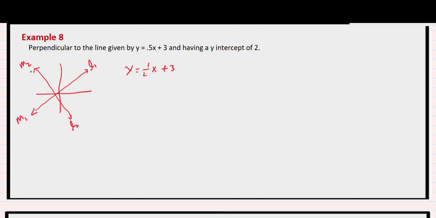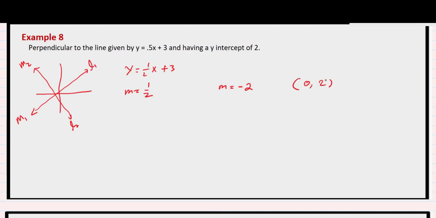Let's say this is the equation of the first one. The equation of the second one will have a different slope, and this one has 1/2. The second one, because it's perpendicular, is going to be reciprocal and negative. That's going to be -2. The slope is going to be reciprocal, which is changing the denominator and numerator, and the y-intercept is going to be